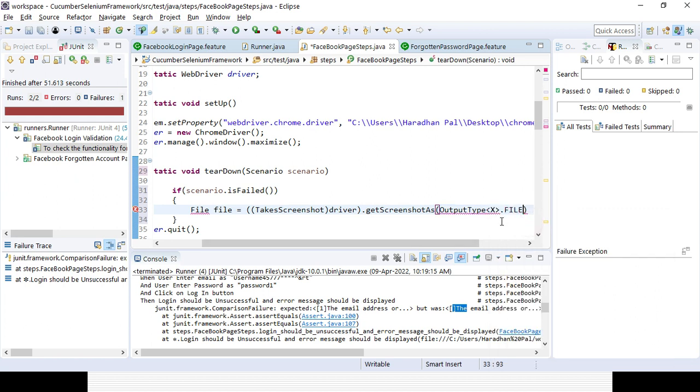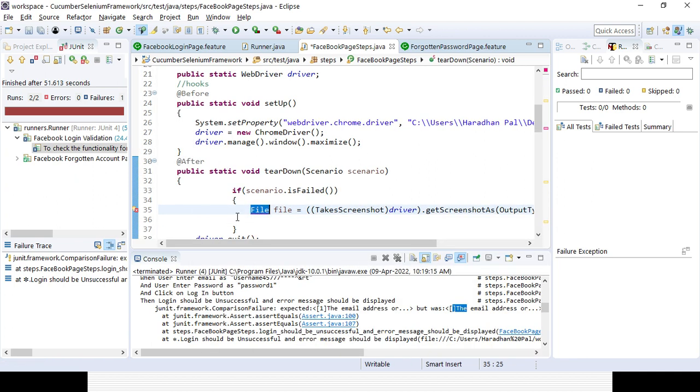I am not defining anything. Output I can go dot file, and that will be ending it. Okay, so here also we need to import the File class from Java. So that is the file we are capturing the screenshot in, right? Now